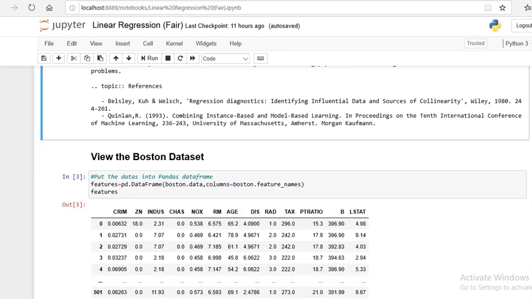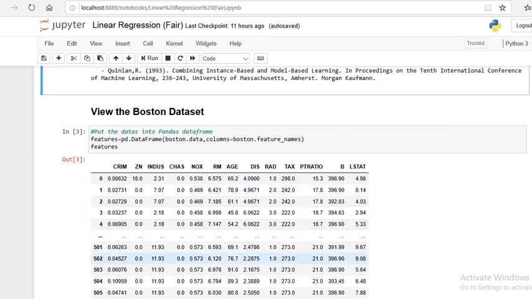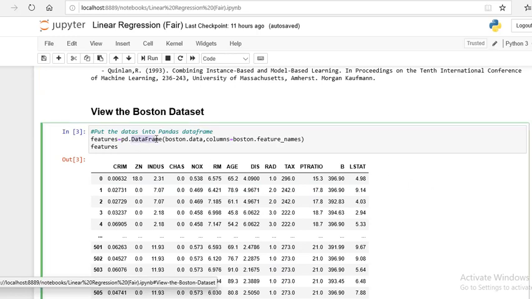Next, how to view the Boston data set. This is the exact Boston data set. Here we can view this data set using a data frame. These are all the features in the data set and the values are loaded.